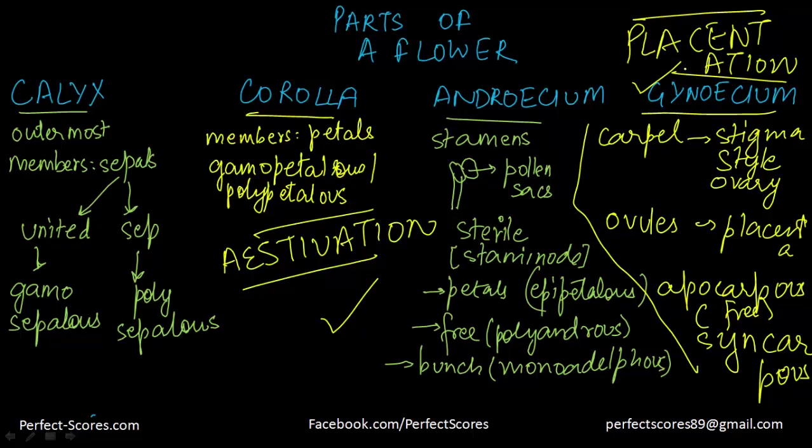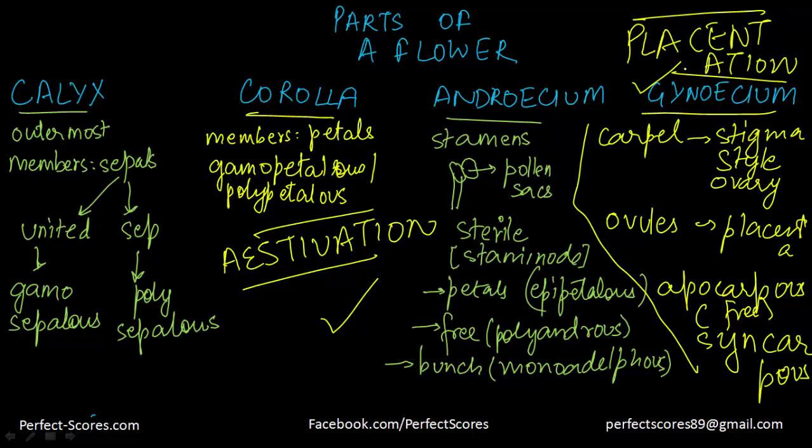The petals are fused with stamens. In that case, it's called epipetalous. Otherwise, the stamens can be free, polyandrous, or they can be grouped into one bunch, monoadelphous, two bunches, diadelphous, many bunches, polyadelphous. Coming to gynoecium, which is the female reproductive part that consists of the carpel, having three parts: stigma,